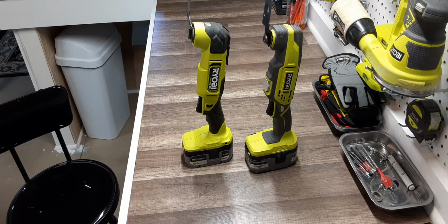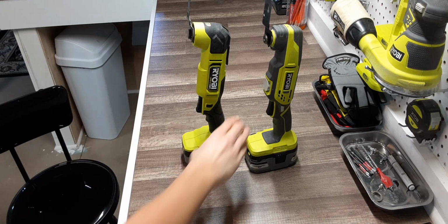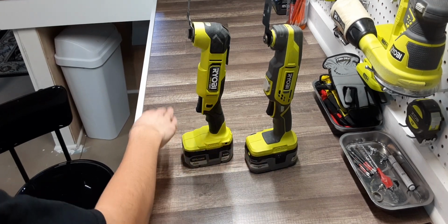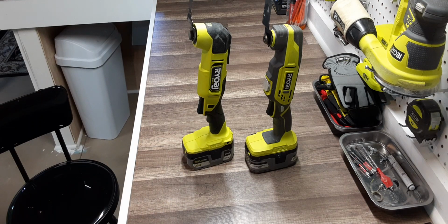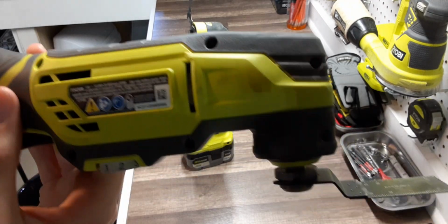Hi guys, on today's YouTube video, we're going to be doing a test between the old brush oscillating tool and the new model brushless one, and we're going to see if you really have to upgrade your oscillating tools. Now the model number of the old tool is